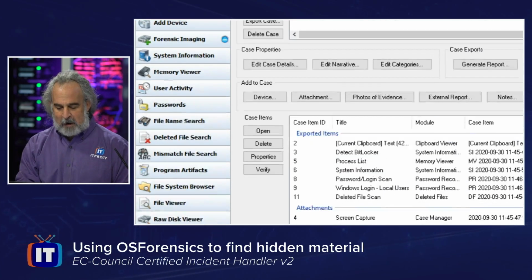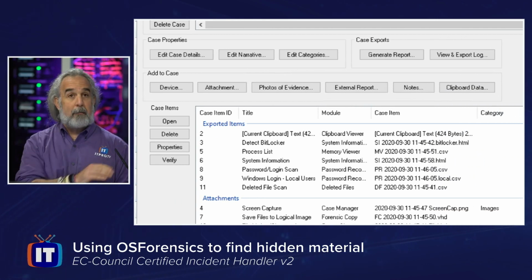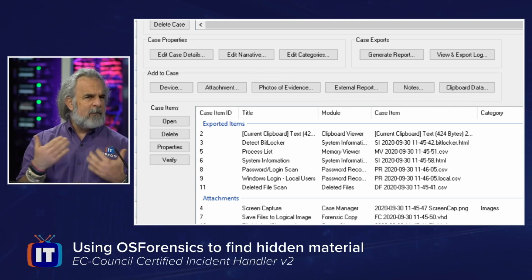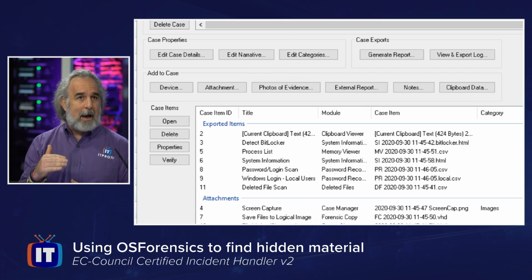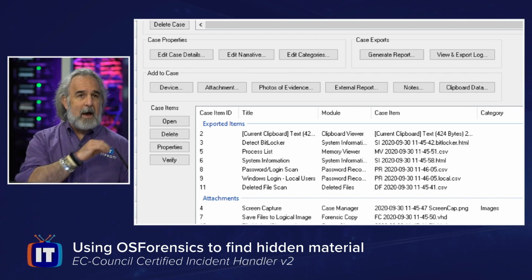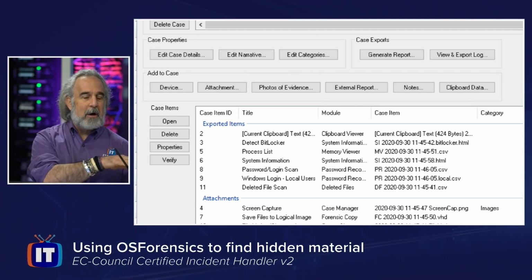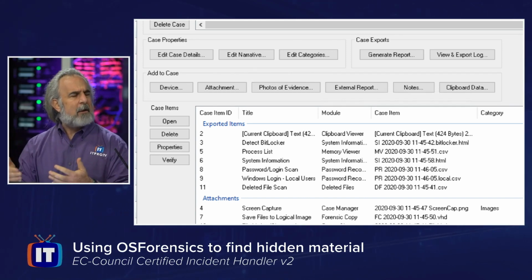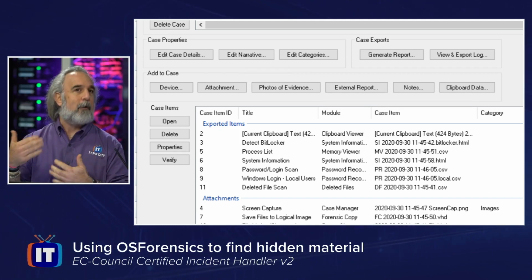And I can see information about the case here. I can edit the details. I can generate reports to export information, view and export logs. I can add a variety of items into the case. And I can see the actual case items broken out in essentially a list format. I could see attachments, I could see exported items, things like the process list from the memory viewer module, the system information. I've run a lot of these areas already and gotten this information because it could take a bit to generate some of these things. And from our perspective in the demo, we want to front load that so we're not waiting